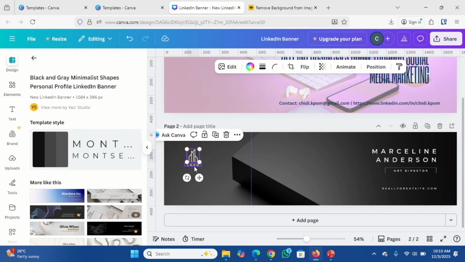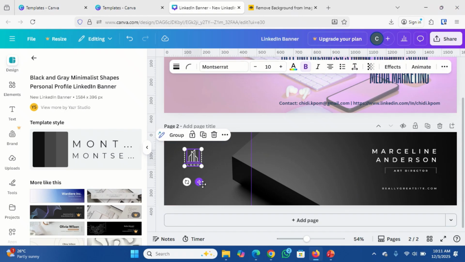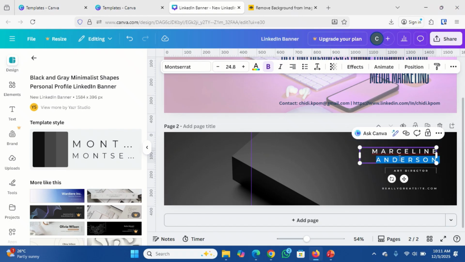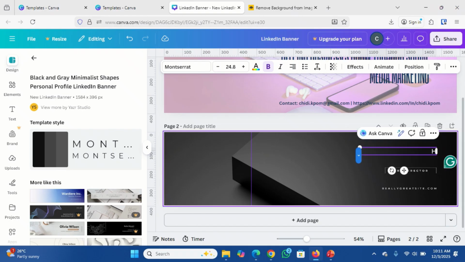I'm going to put a logo here if you like, but I'm removing it anyways because there's no need for the logo. So this is the position our image is going to appear. So here I'm going to change this to helping businesses grow